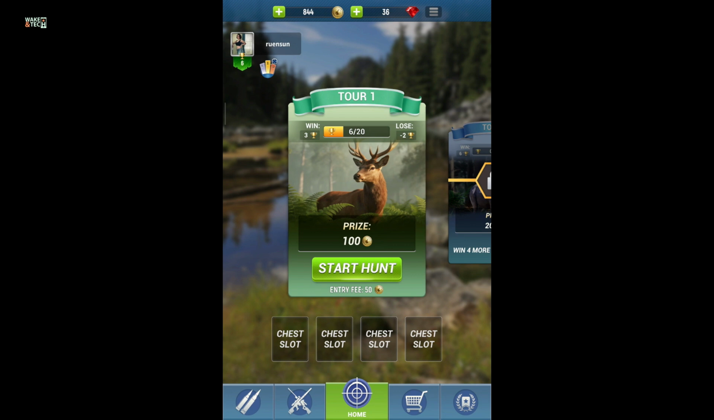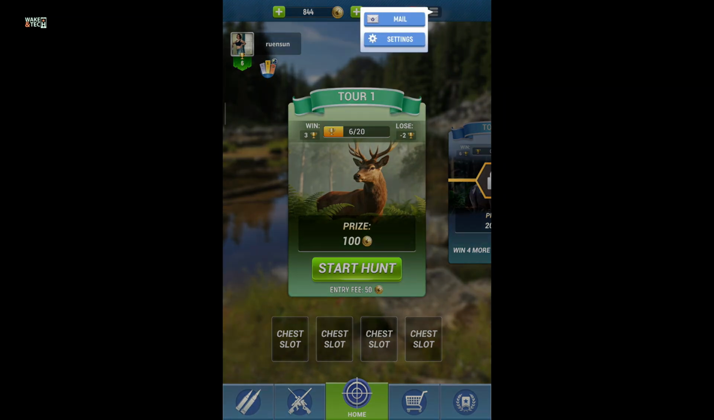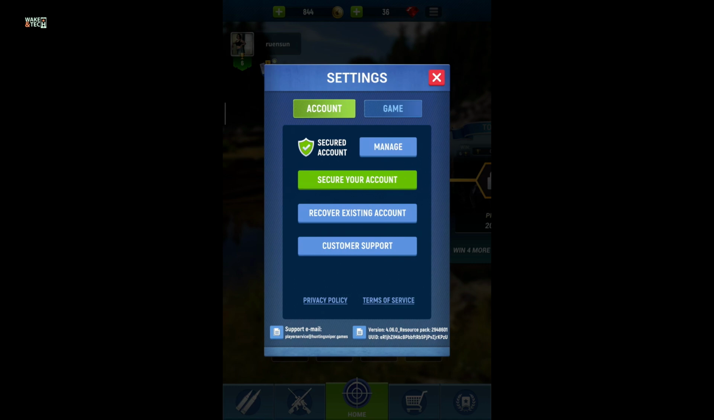First of all, launch Hunting Sniper on your Android or iOS. Once you're on the home page, go to the top right corner and tap on the menu button. Now open up the settings option and inside settings, go ahead and look for the support email option at the